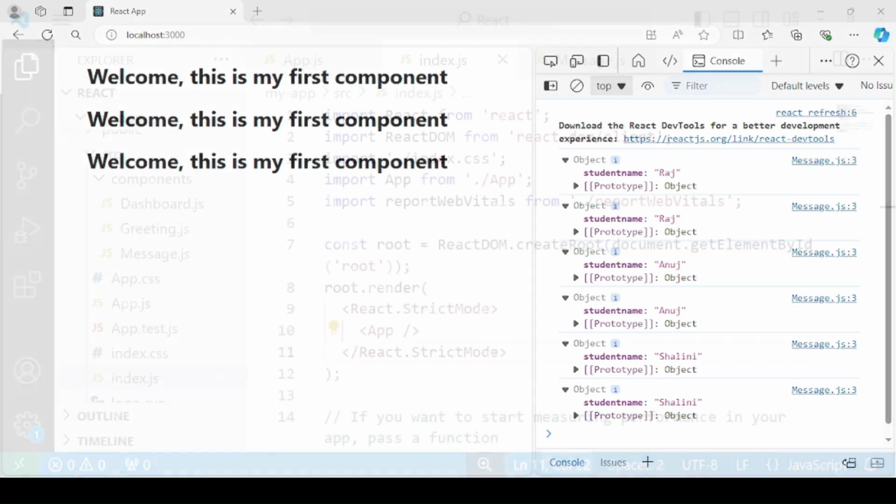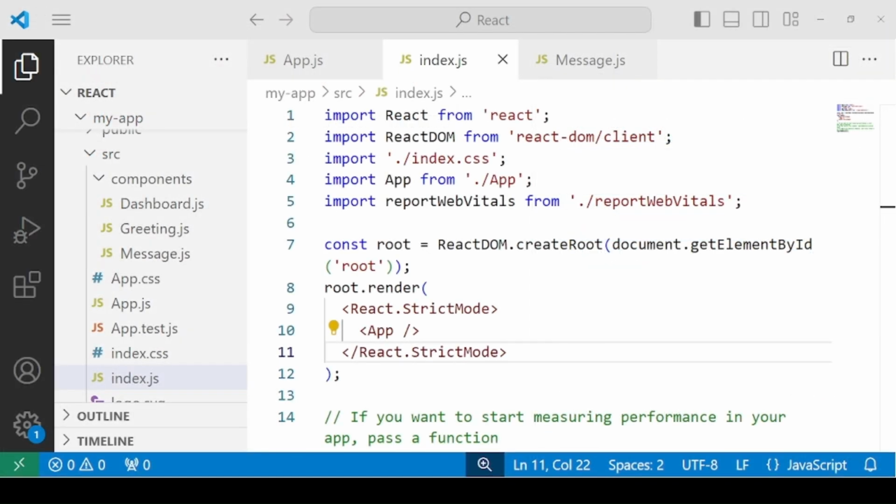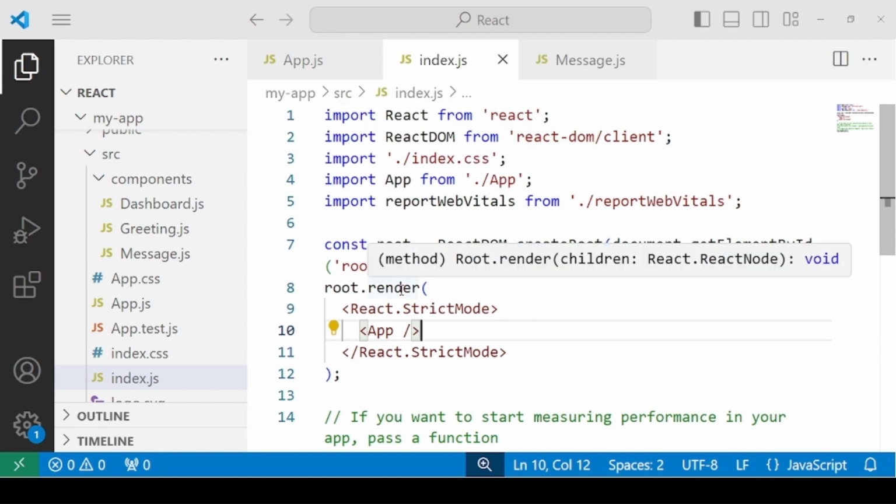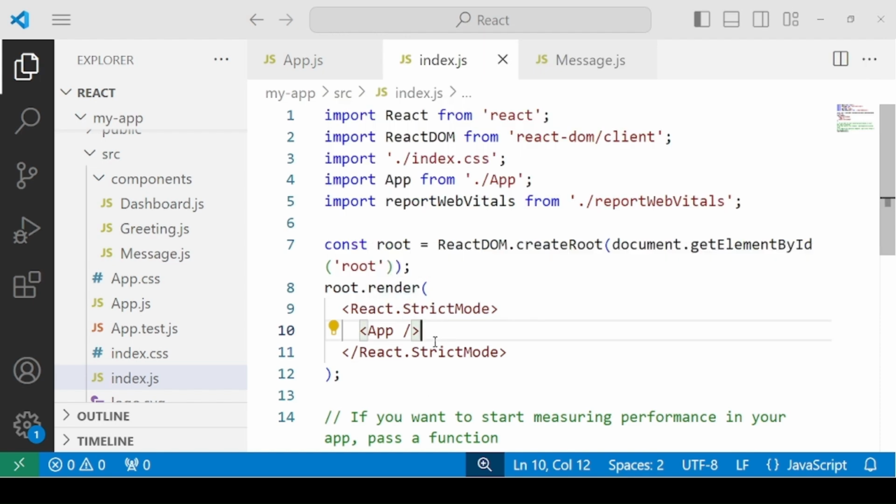Let's take a look. This is happening because of strict mode inside index.js when your root is rendered. Actually, React assumes that every component that you are writing is a pure function, meaning that it must always return the same JSX if you give it the same input.